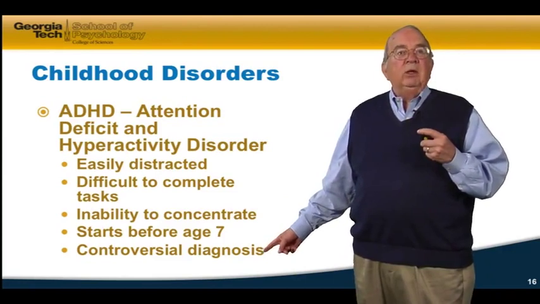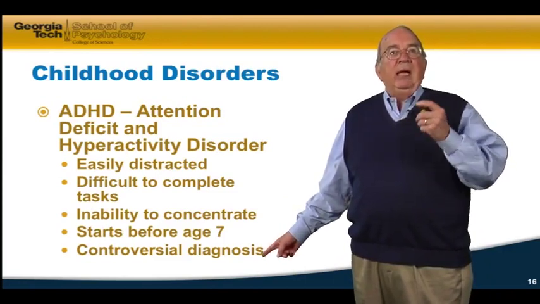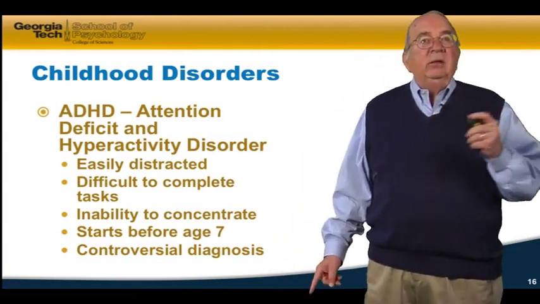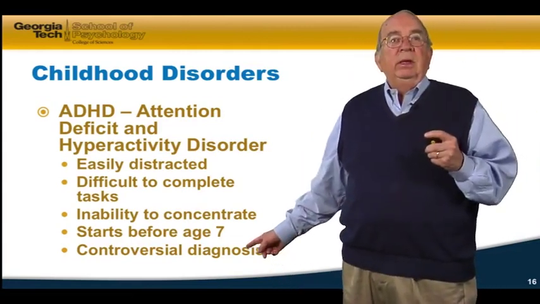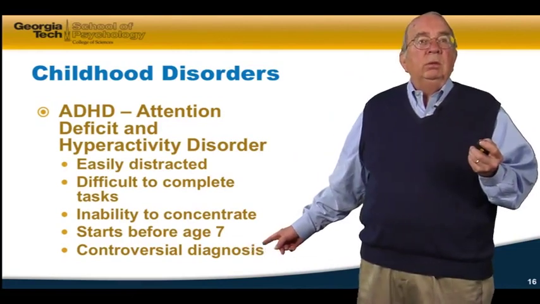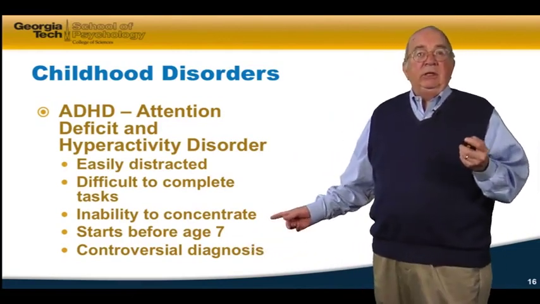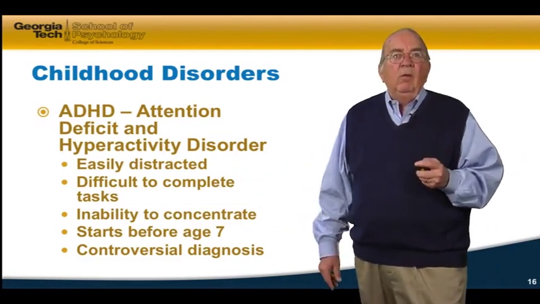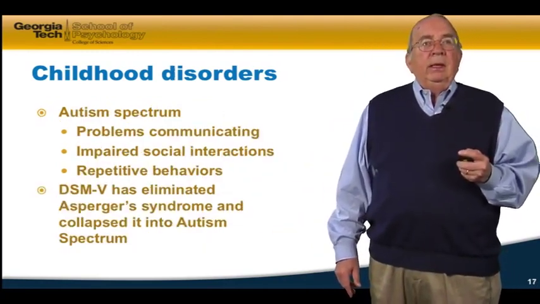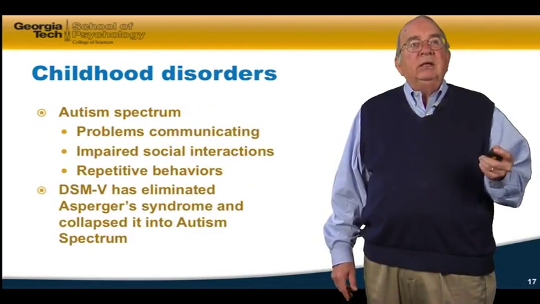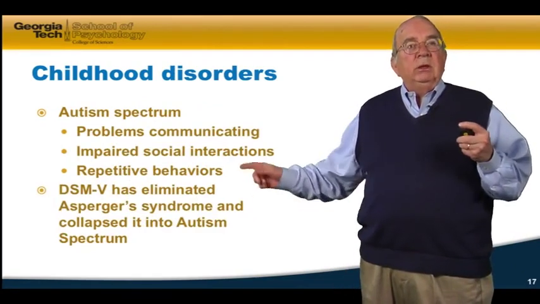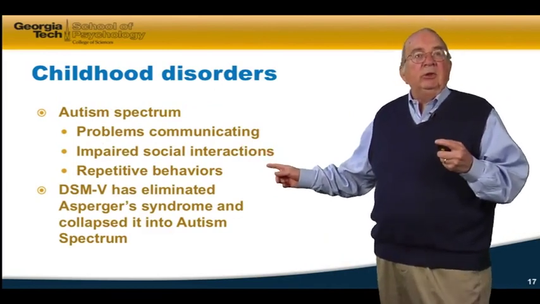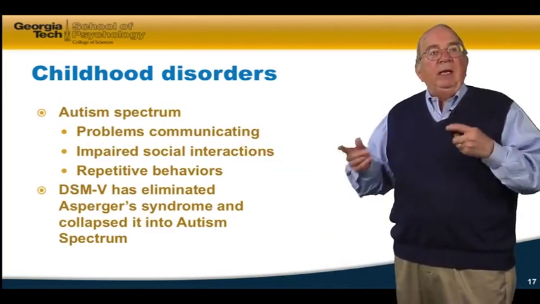And many people believe that it's overdiagnosed, that we simply have a child that's very active, sort of hyperactive, and that doesn't mean they have a disorder. Because one of the treatments for ADHD obviously is drugs, and the feeling by some people is that might be overprescribed. Now, autism spectrum is where a child has problems communicating, they have impaired social interactions, they do these repetitive